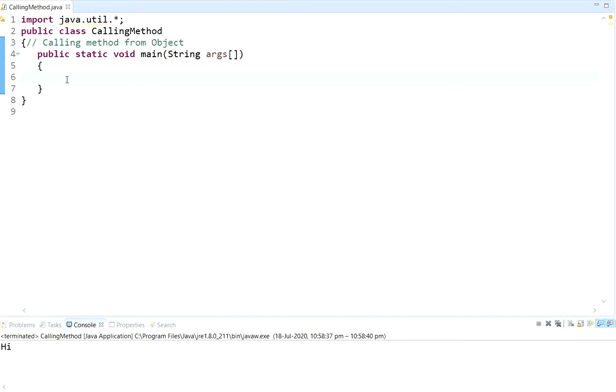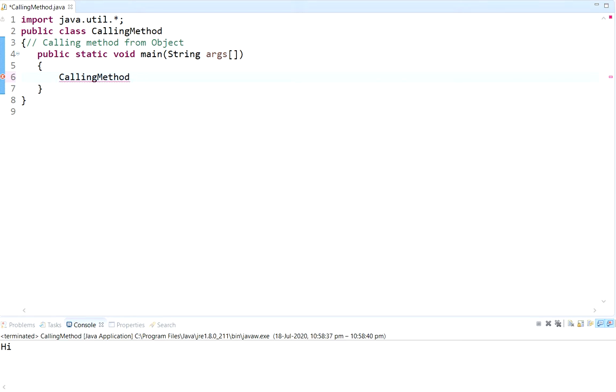Okay. Now what we are going to do here is create an object. First let us see how to create an object. First we have to write the class name. Like the class name is here. This is a class name, so we have to write it here. The class name will act as a data type in creating an object.